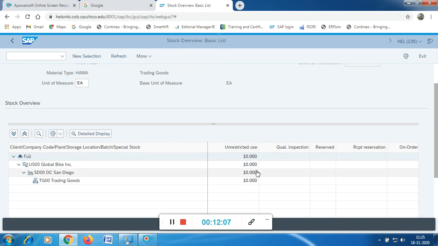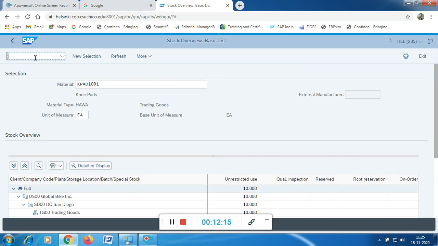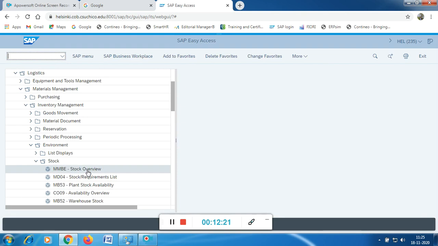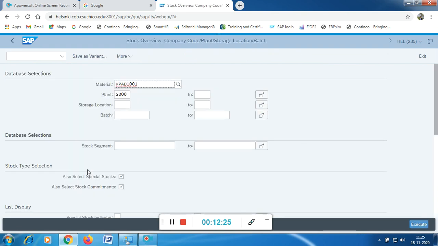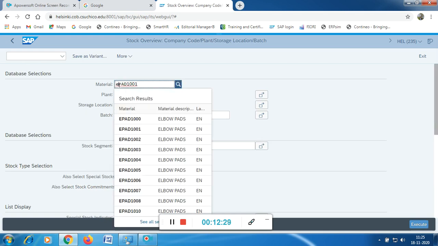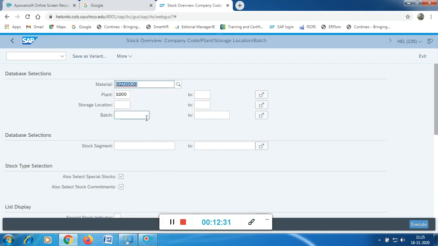Now you need to store these goods in a particular storage location. Now it is in your stockyard and you need to store this particular material in a particular storage location. This is for the first material, and the same thing has to be done for the second material. You can check the stock for the second material. How do you check? Again you can go for MMB. Instead of KPID you can check it for the second material, EPID 1001.